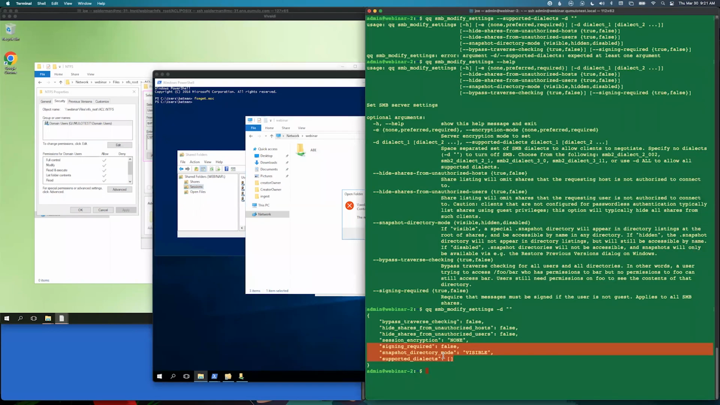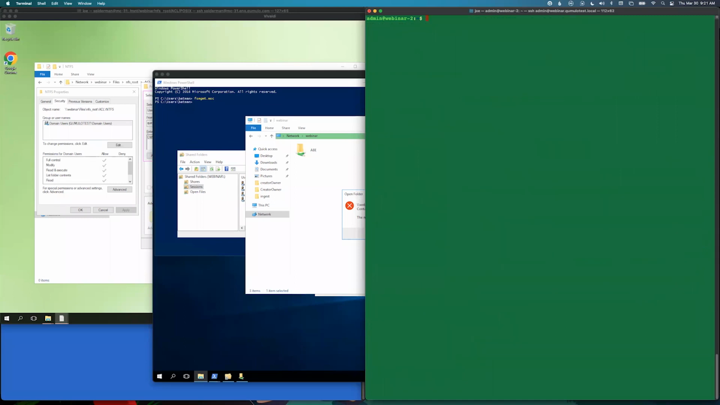So this is a really quick and easy way to just put the brakes on SMB completely across the entire Qumulo file system. Let's say you have a runaway ransomware attack or something like that. You can also do that with NFS. So if I take a look at QQ NFS modify settings,